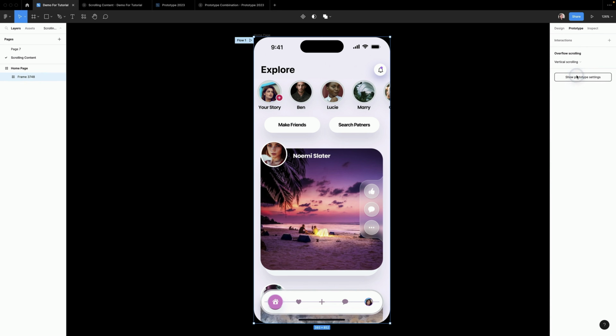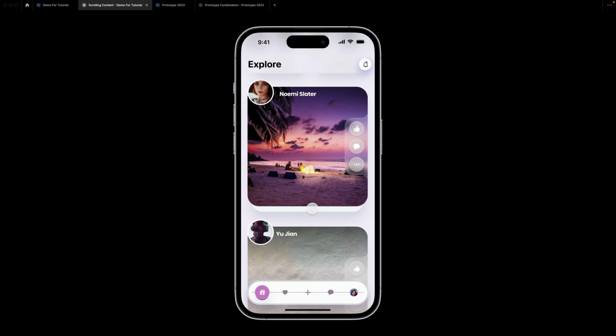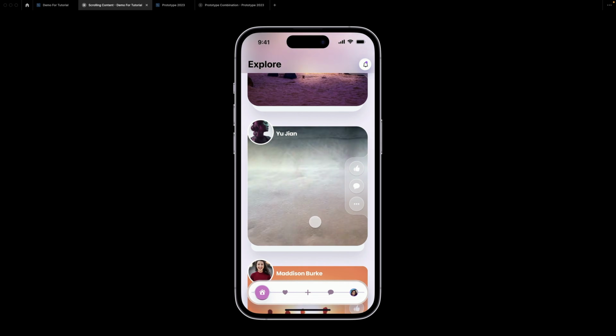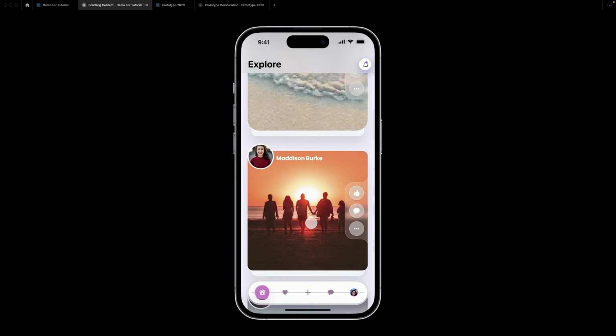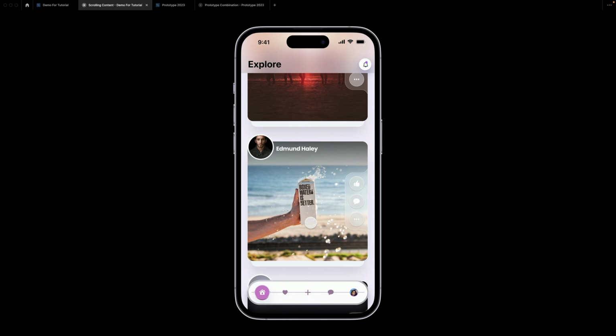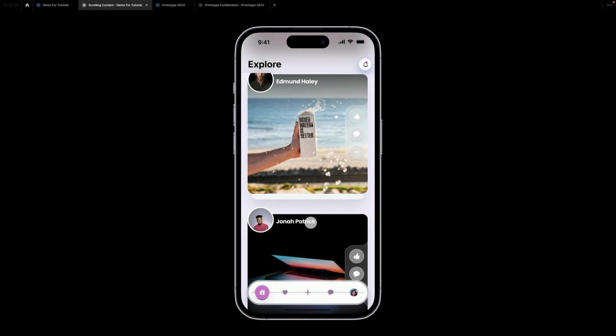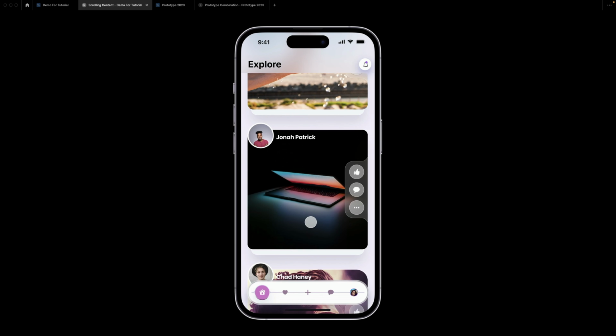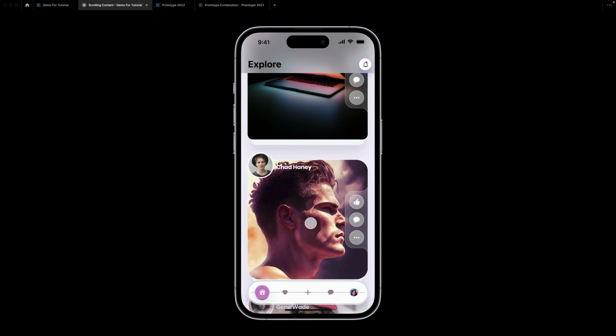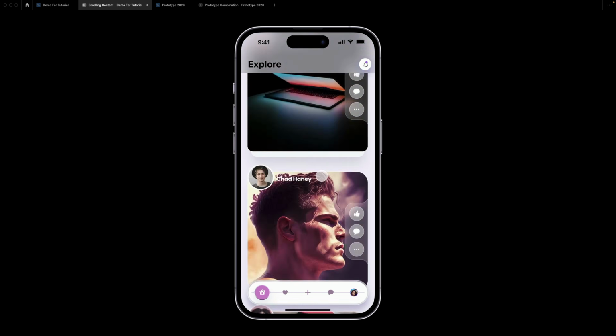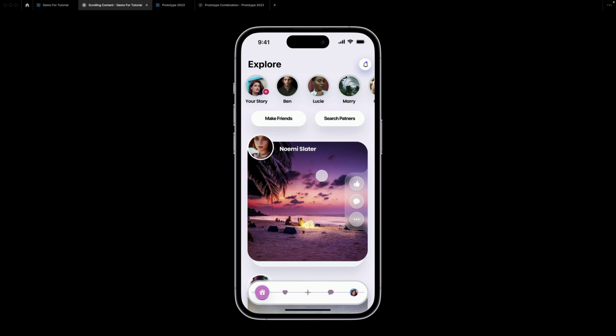Let's play the presentation view. So here's the final look. When scrolling vertically, the elements go through the navigation bar, which have a slight transparency. This effect will give you a lot of flexibility, and you can see that effect on a lot of real apps. Great! We just learned how to add scrolling in your prototype in Figma, and it was that simple.